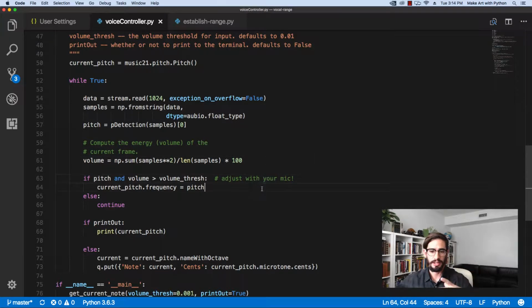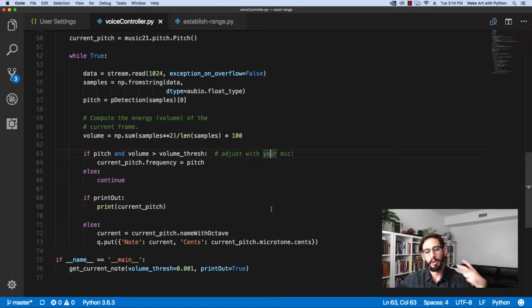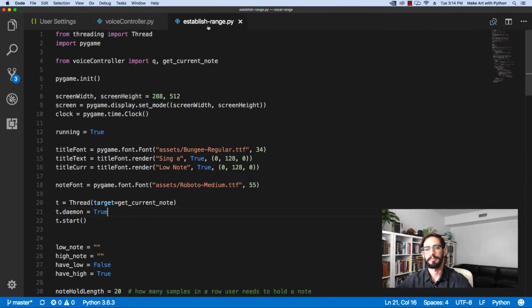So then we check this volume threshold and make sure the volume is above that threshold, and then we check and see, hey, is print out enabled right now? If so, just print out the current pitch. Don't put it on that queue. Otherwise, let's set that current variable and then pass it to the queue so that we can read it in the other program. So in establish range, which again is that visual Pygame program that we saw,